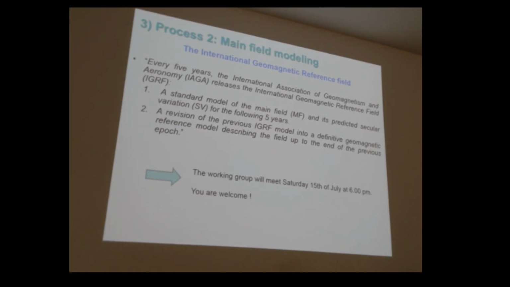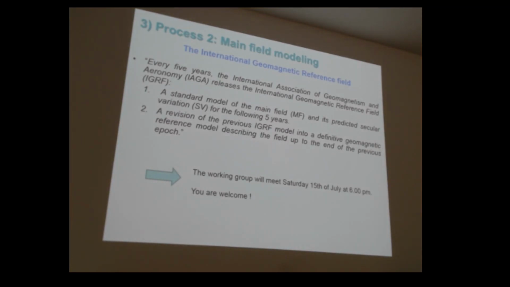This is why some other groups are building models with secular variation and temporal evolution on a regular basis, every 3 or 6 months, for their own use. These models are very good and can be used for data collection, but they cannot be considered as internationally accepted models. They are more like